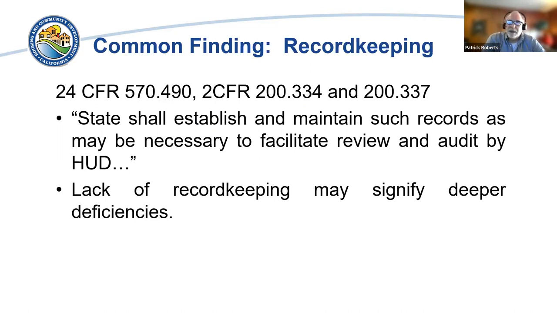The first one is record keeping. 24 CFR 570.490 spells out record keeping requirements. 2 CFR 200.334 spells out retention requirements for records, and 2 CFR 200.337 spells out access to records and then records of non-federal entities. So bringing it full circle again back to record keeping, we mentioned in day one,